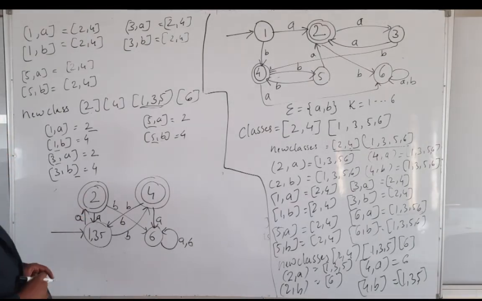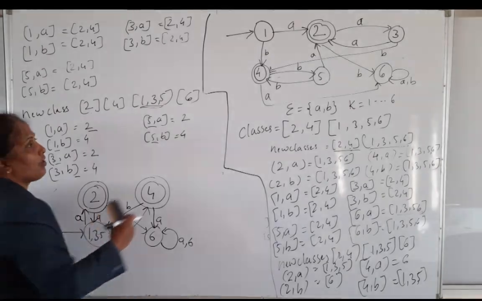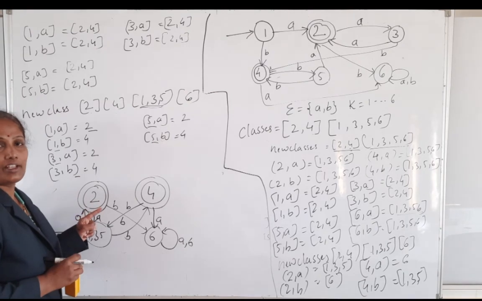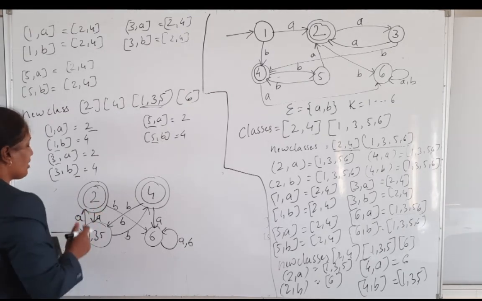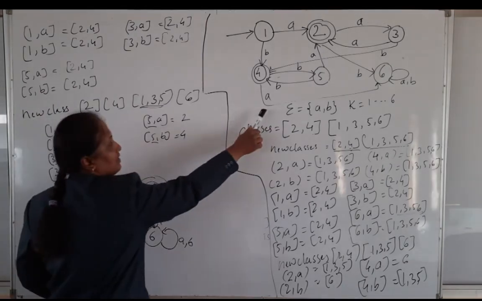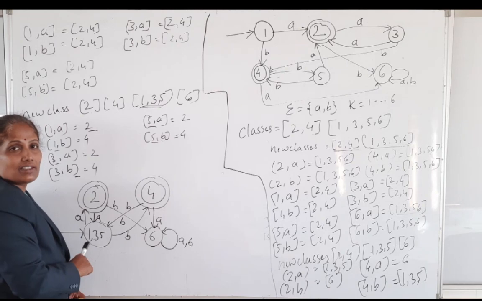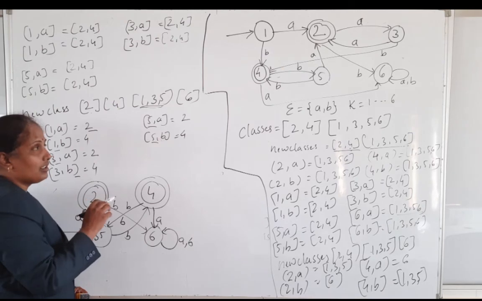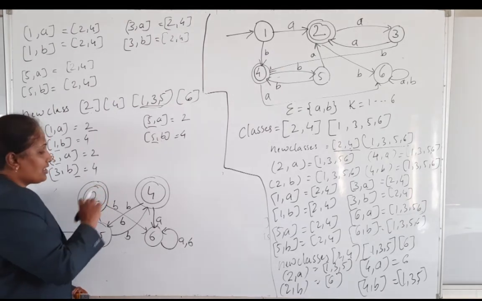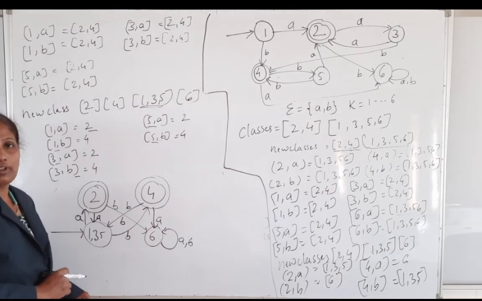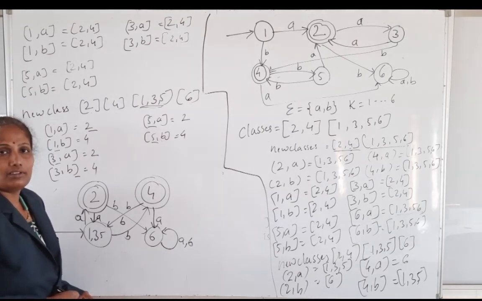So this is the minimized DFSM for the given DFSM. I applied the algorithm min DFSM, and at the end I came up with the min DFSM. Check, the language which is accepted by the original DFSM will also be accepted by this min DFSM, but I have removed the dead states from the given DFSM. So this is the final DFSM I got. I hope you understood this problem. We'll take one more example in the next video. Thank you.